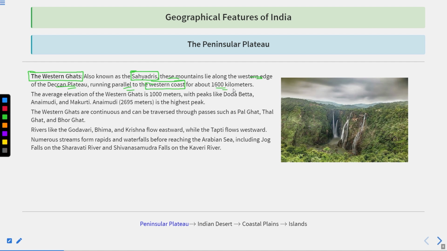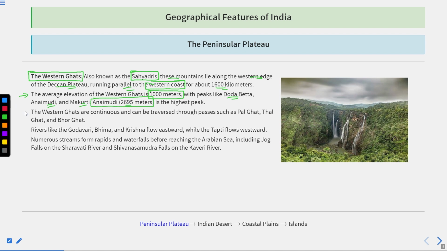And the length is about 1,600 kilometers. The average elevation of the Western Ghats is 1,000 meters. And the peaks are Doda Betta, Anaimudi, and Makurti. These peaks are there. Anaimudi is the highest peak of the Western Ghats with the height of